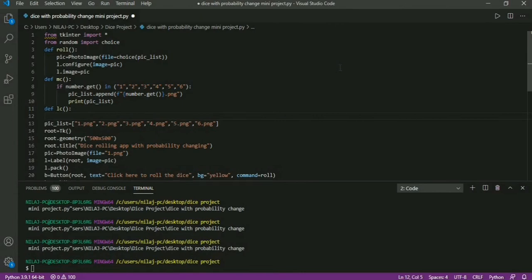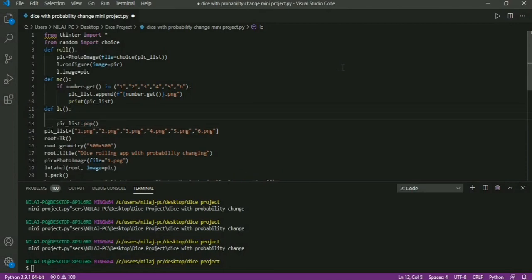Here last item will be popped out. So pick list dot pop. But what will happen if total number of items in list is less than 6? So I will use if length of pick list is greater than 6, then only item will be popped.